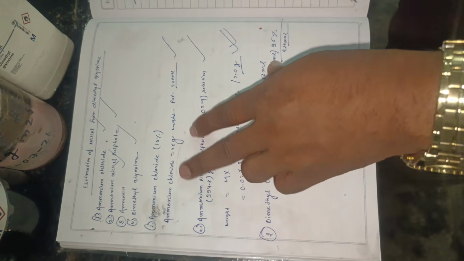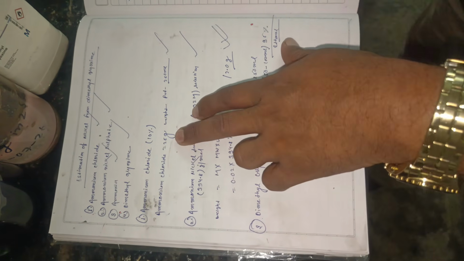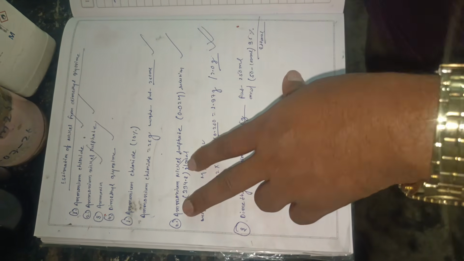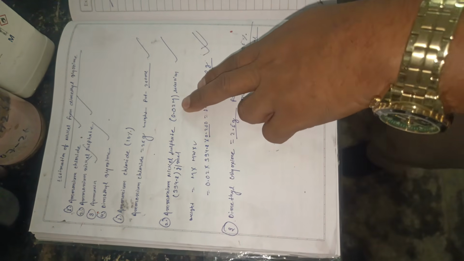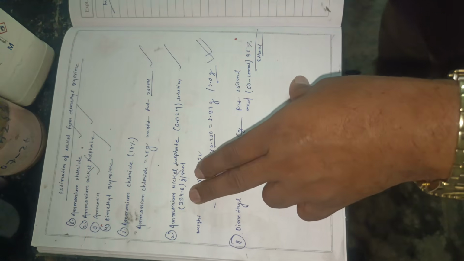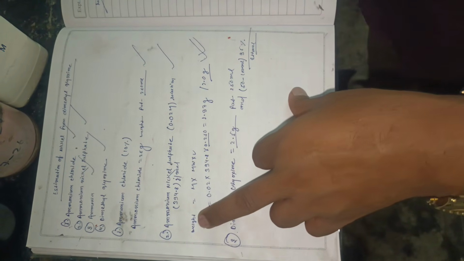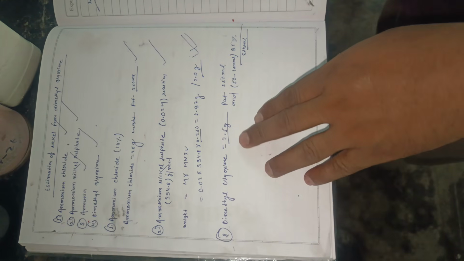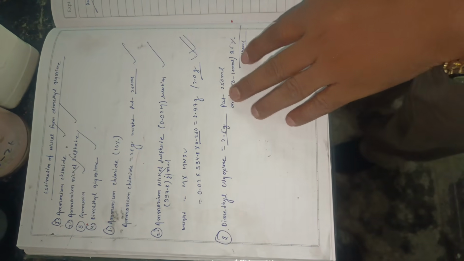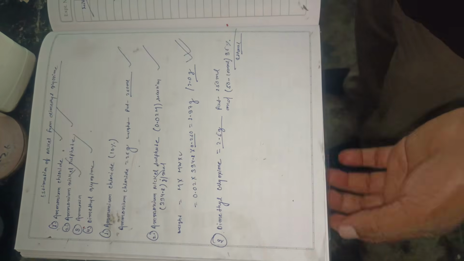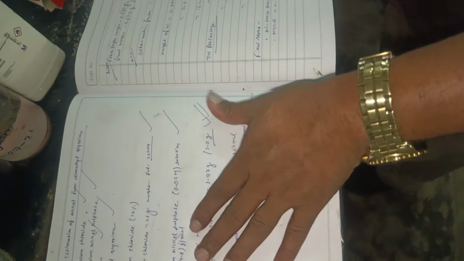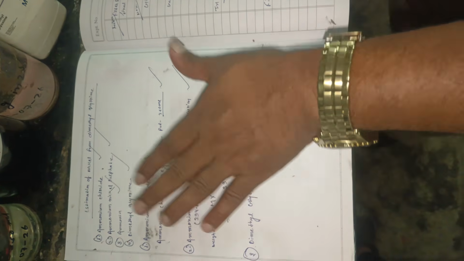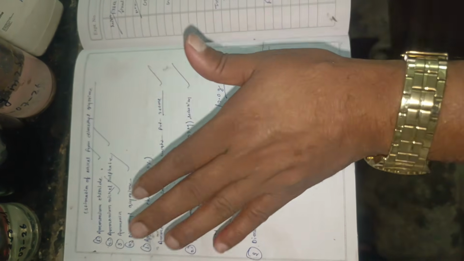Ammonium chloride is 25 gram weight, dissolved to 50 ml. Then ammonium nickel sulfate, 0.02 molar concentration, with 394.8 gram per mole, so the weight will be near about 2.0 gram. And dimethylglyoxime is 2.5 gram, dissolved into 50 ml of distilled water. First we perform the experiment, then we go to the calculation part.